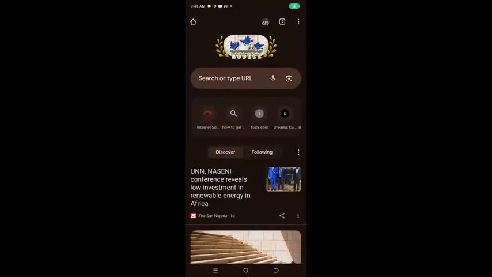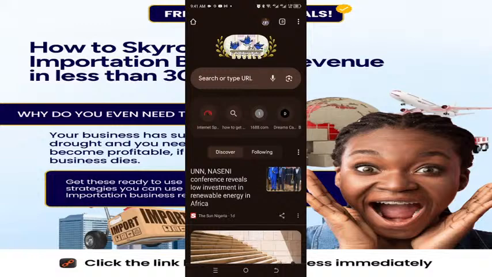Okay, welcome to this session. I'm going to be showing you how you can do this on your mobile phone. Though the experience on the mobile phone cannot be compared to using a laptop, let's see how we can go about it. The first thing to do is to search for